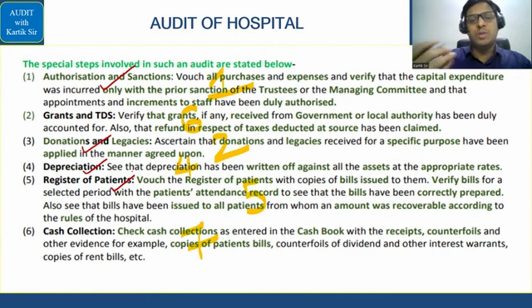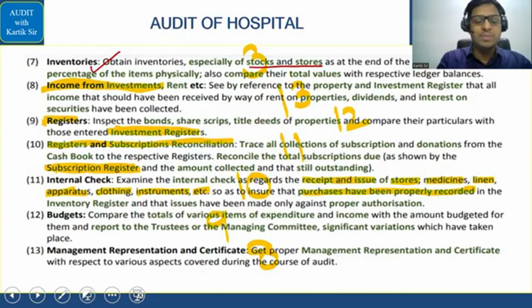Next day, वो जो आदमी operation करने के लिए आया था, he turns out to be a politician, so he gives us a grant, and his supporters also give us money. So that is cash collection. जैसे cash collection हमें मिल जाता है यहाँ पे. Then after that, you have the next point, and then the next point is in relation to सर वो पैसे के साथ अभी करना क्या, उसके लिए हम यहाँ पे मैनेजमेंट कमेटी बुलाते हैं. So you will remember here, you will not remember management committee but you will remember management representation and certificate.